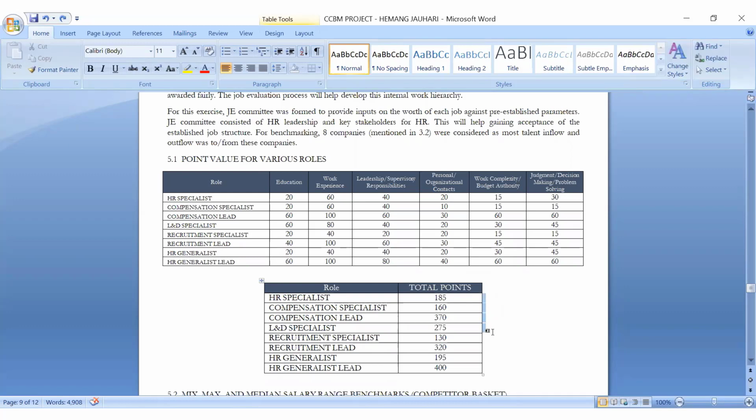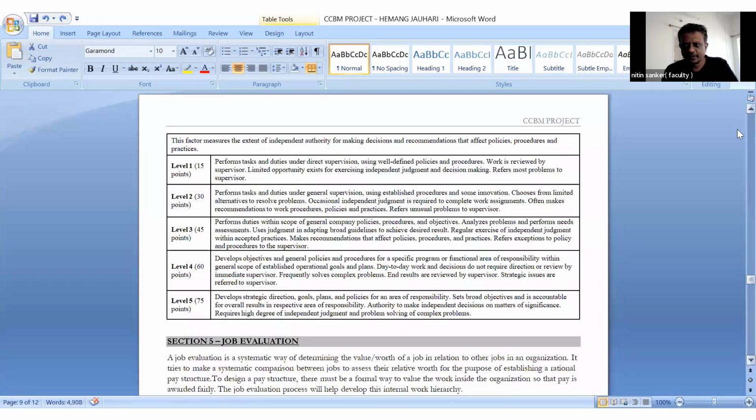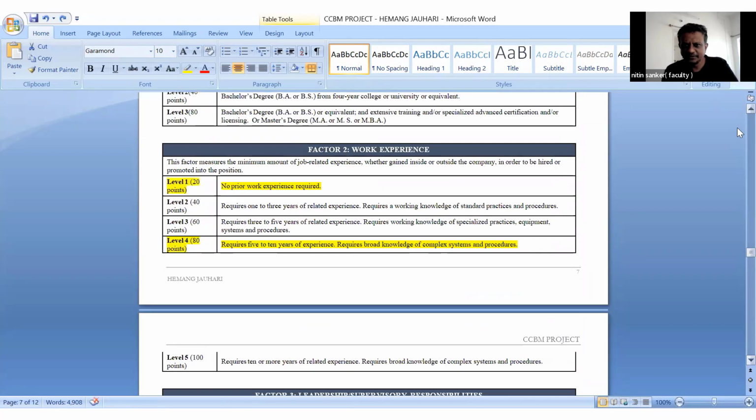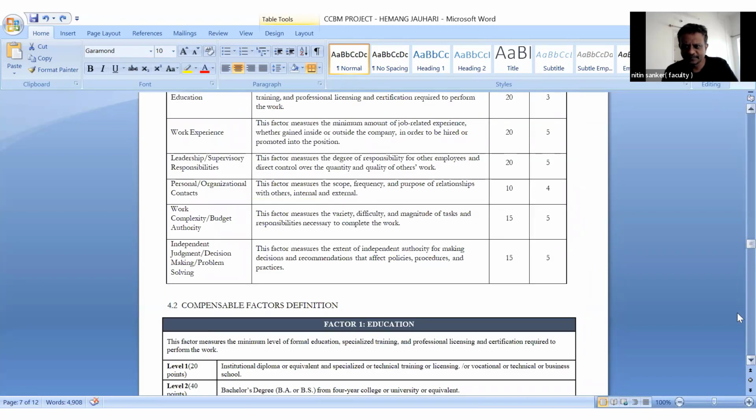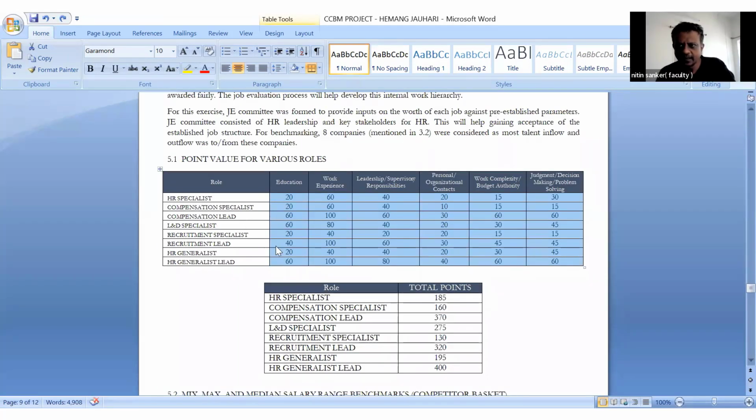So do you always start with the hierarchy of each department to make the points? Is that a better way of doing it? Hierarchy will automatically come, no? Because you'll automatically get points for all the jobs in that department after you create a point plan. So you first create the point plan, which has your factors for each level, and then you evaluate each and every job, right, Sonia? It will automatically happen. That means jobs with lower importance will get lower points because the education level required will be low, etc.